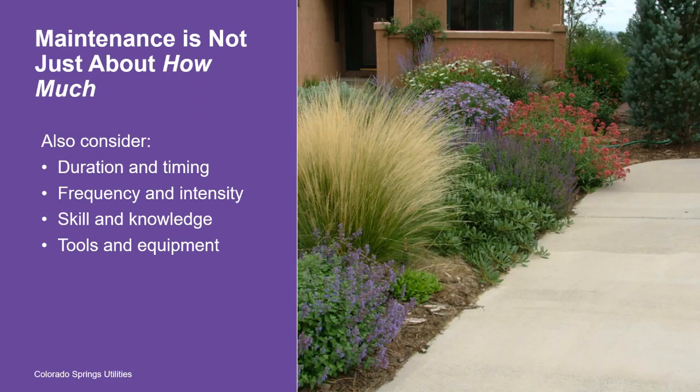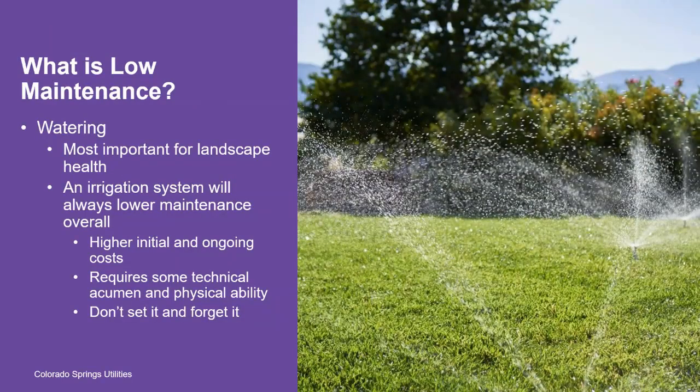Are you willing to invest in those? Do you already have those things? Making sure that whatever you do, you're willing to invest in the tools or equipment necessary to take care of that. So watering, obviously, as Colorado Springs Utilities, this is our primary concern, is how our customers are using water